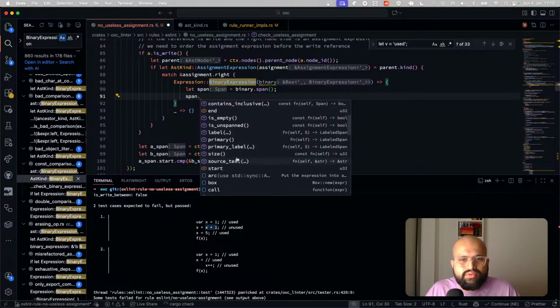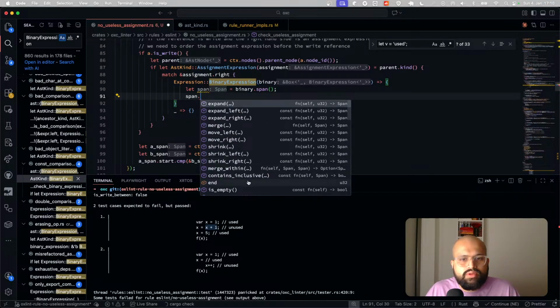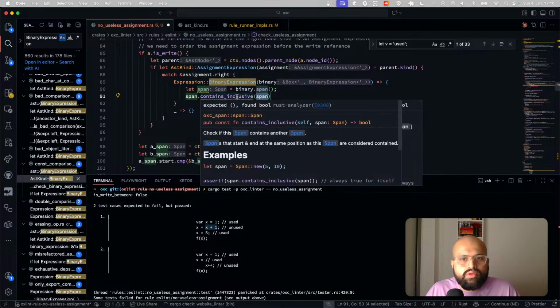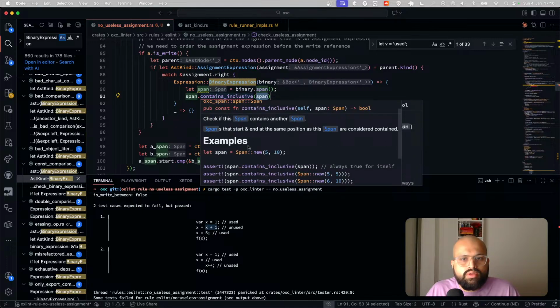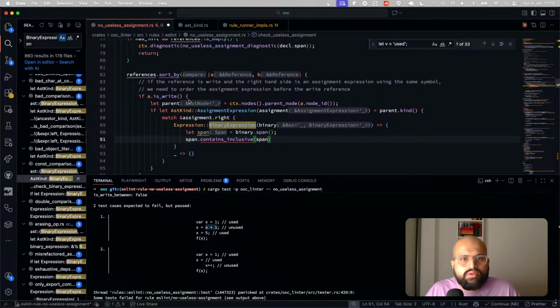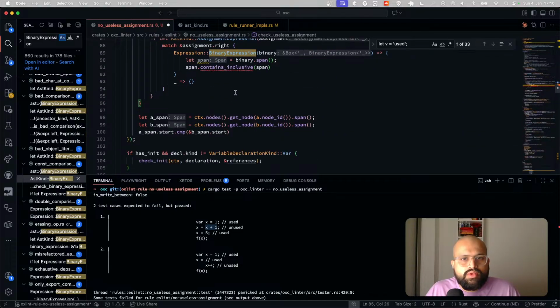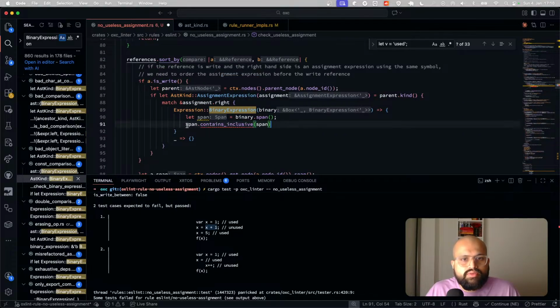Contains inclusive and simply size, contains. Yeah, so basically I need to check if this contains any read. So basically I would have to do something like